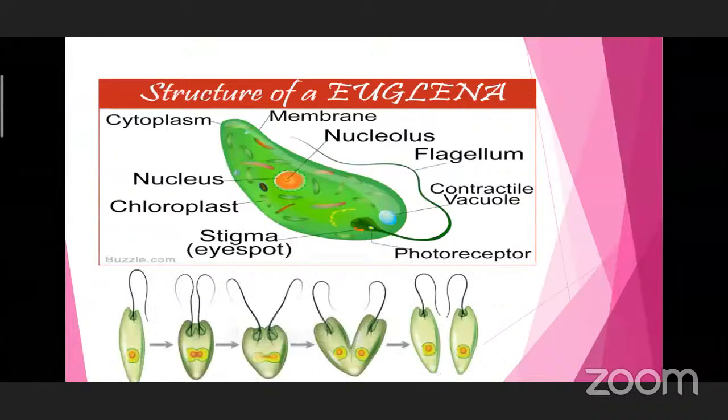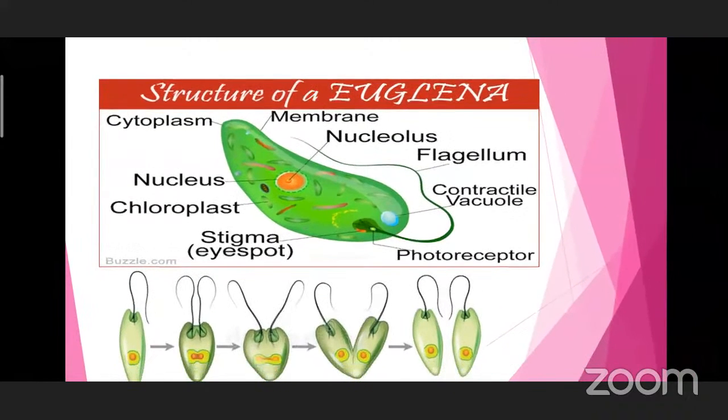And you can see the longitudinal division. Longitudinal means the lengthwise division of the euglena. You can see it is splitting into two equal halves after developing two flagella. I mean to say 4 flagella, because we know one of the flagella will be in the gullet. So here, finally, after having 4 flagella only, it can split lengthwise in the binary fission.